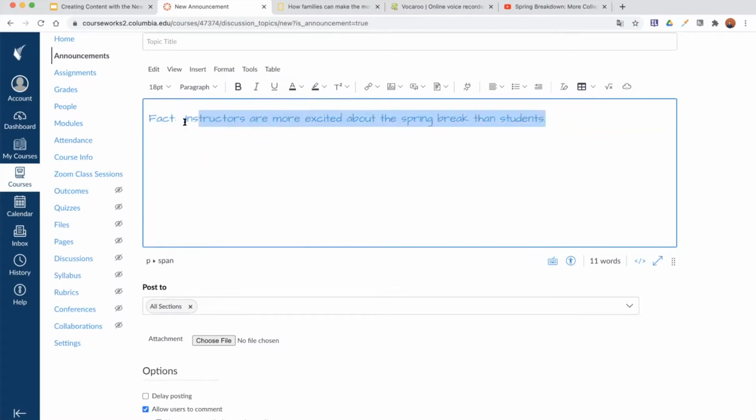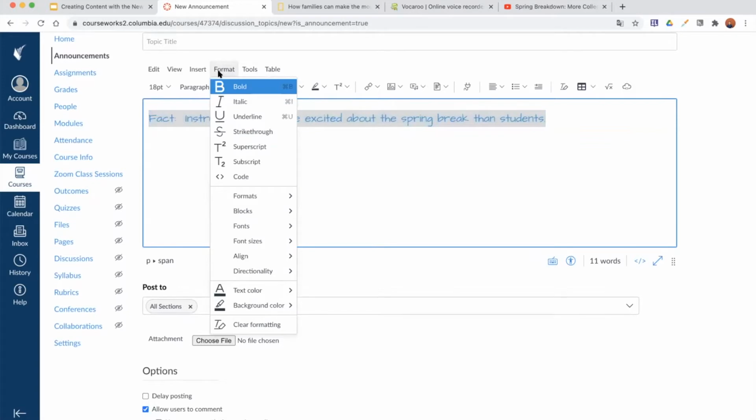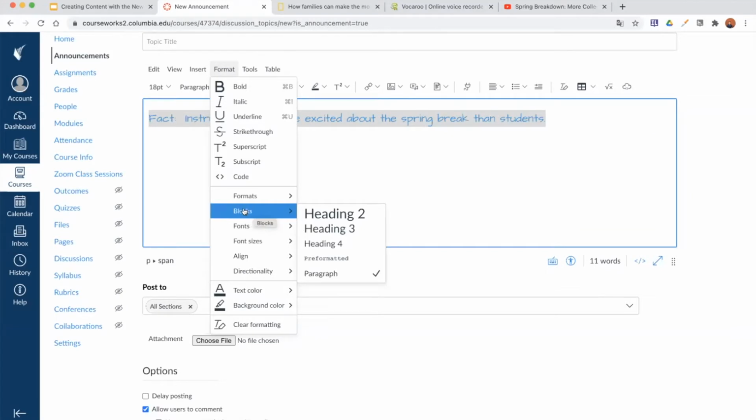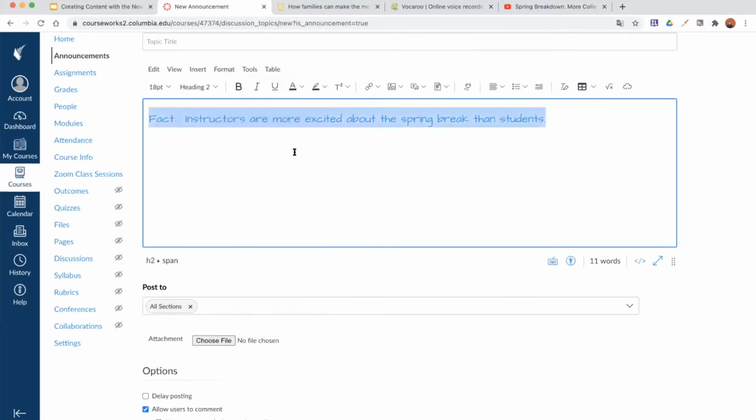Another way to style this text, and we will be operating for the time being out of the Format menu here, is by going to the blocks feature, which styles things such as headers, paragraphs, and so on and so forth. And it actually already comes with predefined font sizes. So if I want to make this a little bit bigger, I could choose to, actually, heading 2